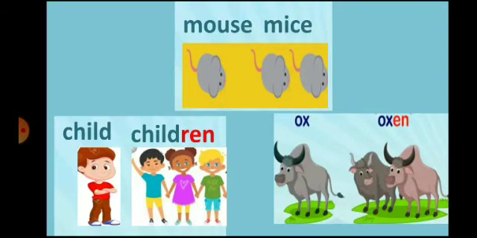Okay children, I hope you have understood and you have to learn this: the words which are similar in singular and plural form, and the words which change the inside vowel to make the plural. It means you have to learn rule number 5 and 6. All the words which I have given in rule number 5 and 6, you have to learn the plural form of it. Okay children.